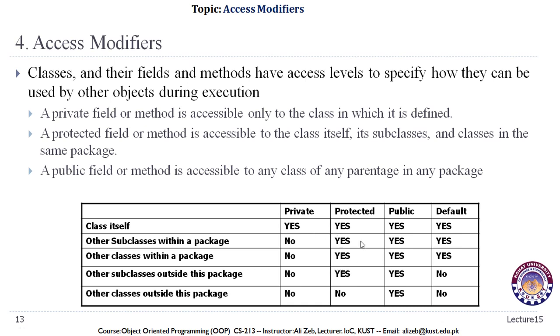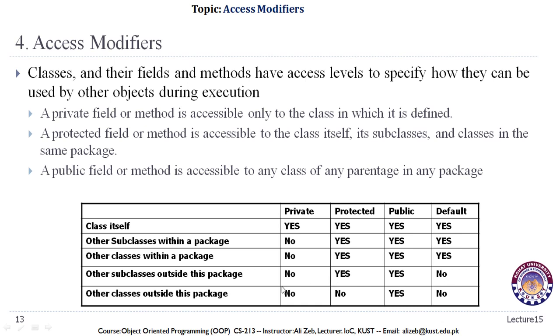In most cases they can be the same, but there is this difference: a protected field or method would be accessible by the subclasses that are outside of the package in which the containing class has been declared, but the default field or method cannot be